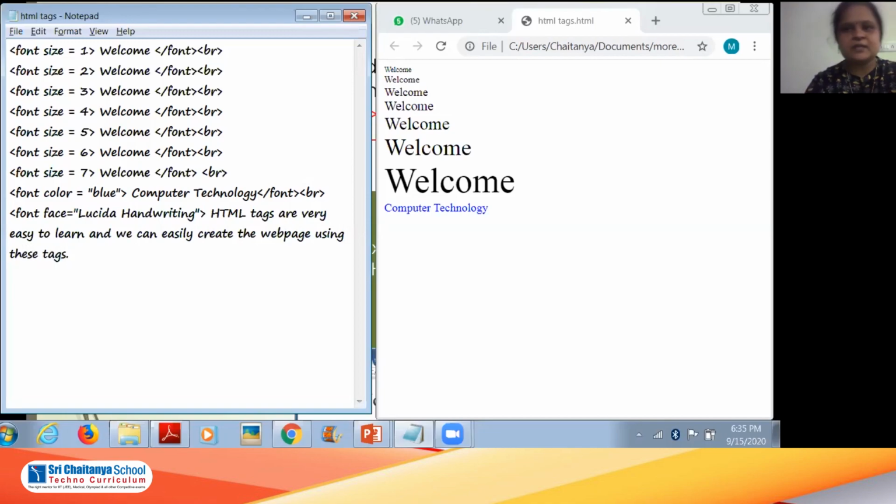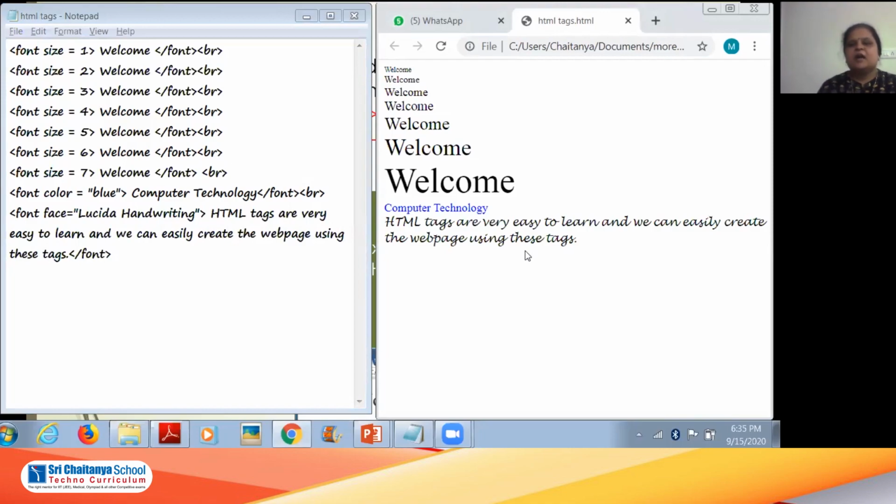I want to display this information using Lucida Handwriting. Let me close the font tag, save this by pressing Ctrl S, and then come back to my web browser to see how exactly it will be displayed. I will press the F5 key. You can see HTML tags are very easy to learn and we can easily create web pages using these tags. This information is being displayed using the Lucida Handwriting font.